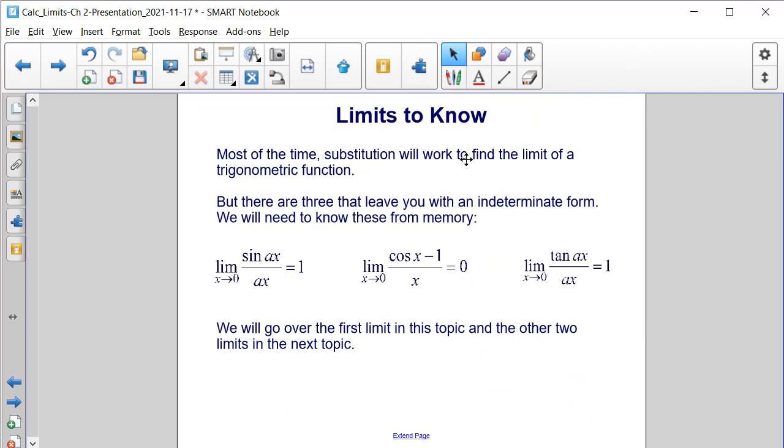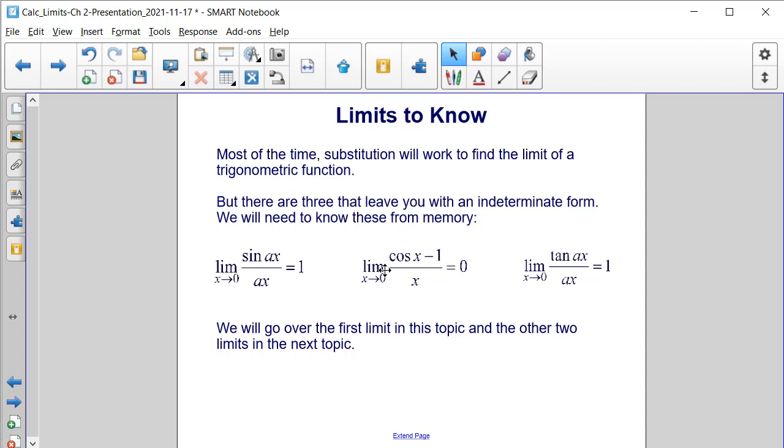Most of the time, substitution will work to find the limit of a trigonometric function. But there are 3 limits that leave you with an indeterminate form. So we will need to know these from memory. The first one is the limit of sine of ax divided by a times x as x approaches 0 is equal to 1. The second one is the limit of